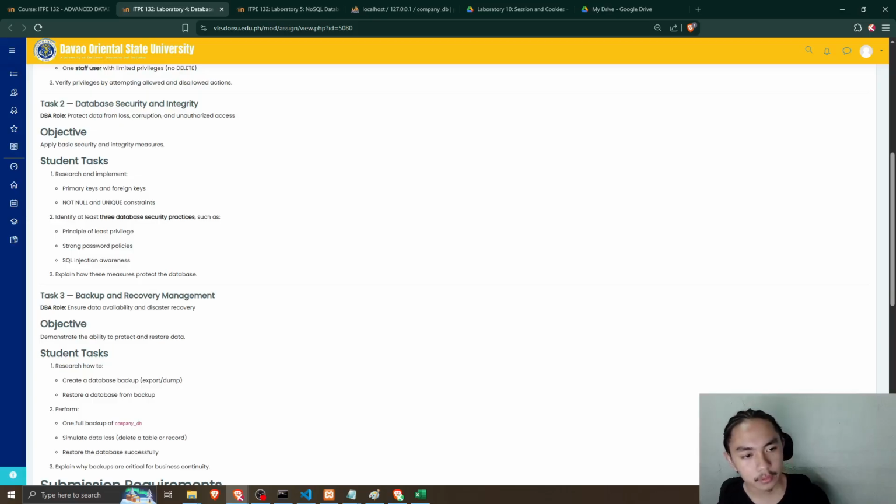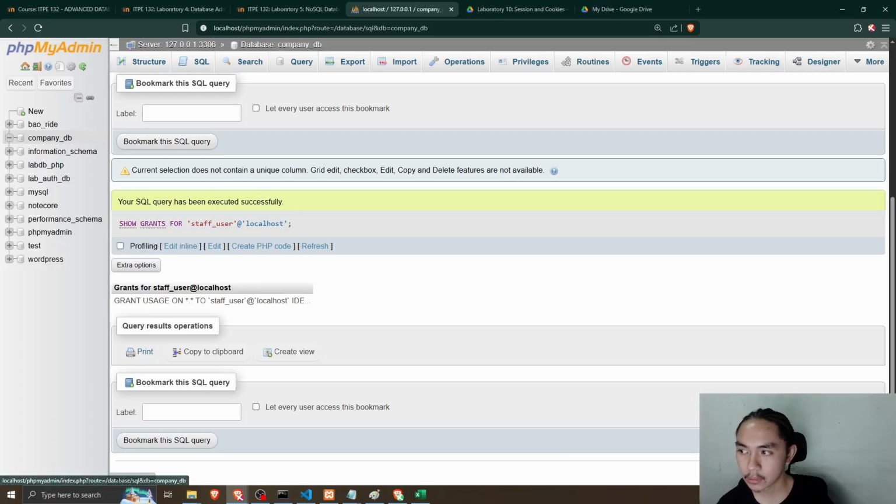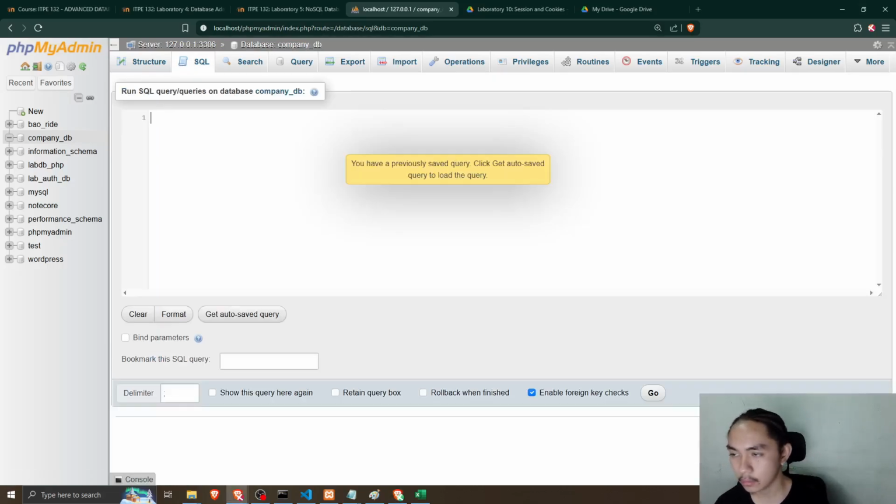Okay, for the second part we will be creating a database. Let's just create a very simple database for now inside this company DB. I have a ready-made database here. Then let's run the SQL.